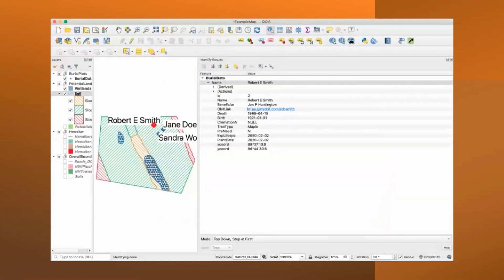If I were to click on the point for Robert Smith, the GPS coordinate for Robert Smith is given as XY coordinates. Robert Smith has a variety of information associated with that point: the name, the beneficiary, the obituary link, date of birth and death, tree type, and whether it's a pre-need plot. If I were to click on Sandra Wood, we can see that Sandra Wood is a pre-need plot and thus doesn't have a date of death at this point. But you can still link a beneficiary and other coordinates. For Jane Doe, you don't have to fill in everything; there's no obituary link, but all this information is referenced